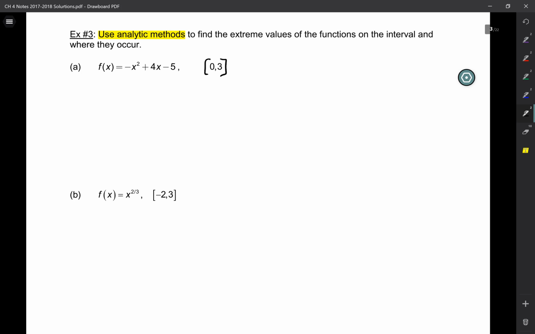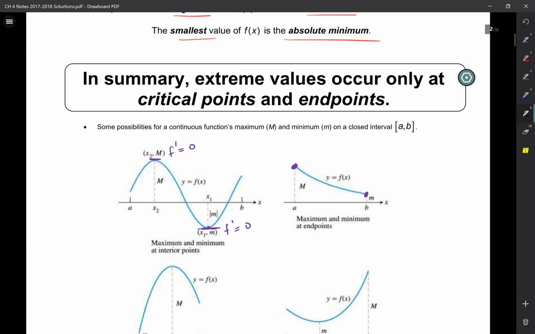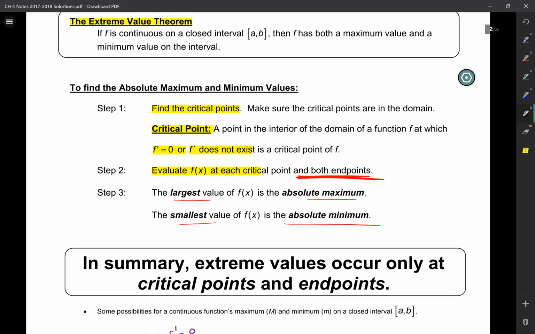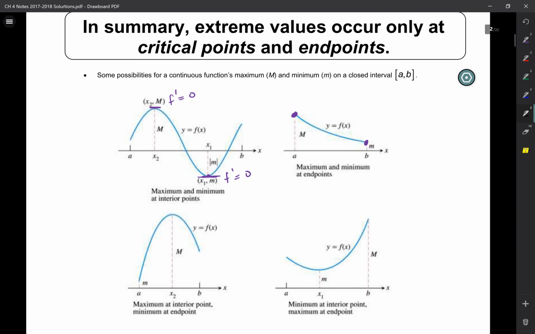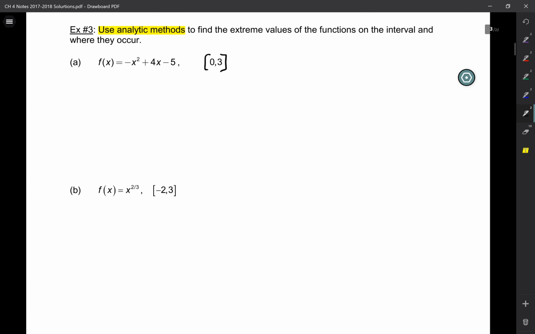Okay. When it says use analytical methods, you're going to do this. It's really pretty straightforward. We find the critical points. How do we find the critical points? Take a derivative, set it equal to 0. So let's take a derivative. Find the critical points: take the derivative,